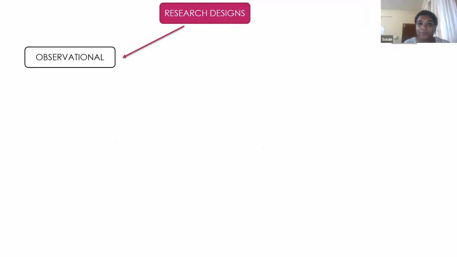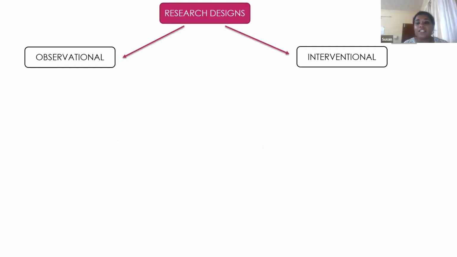All right. So we have research design. The first thing that we have to look into when we think about our research design is what is it going to be? Are we just going to observe the patient from afar, or are we going to do something to that patient from our side? So the most important consideration that we should have in mind is, is it an observational study or is it an interventional study?